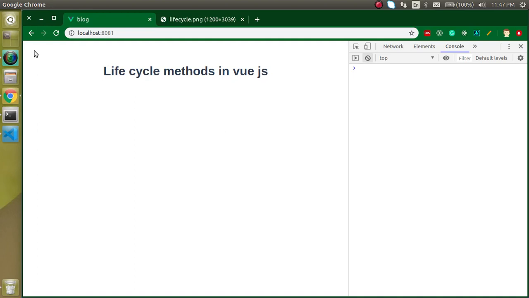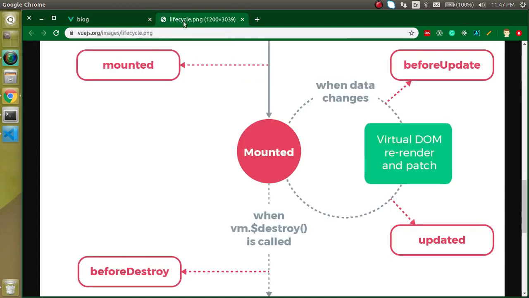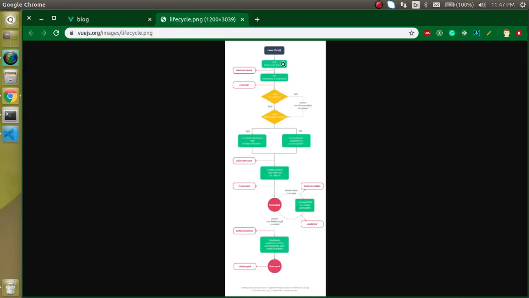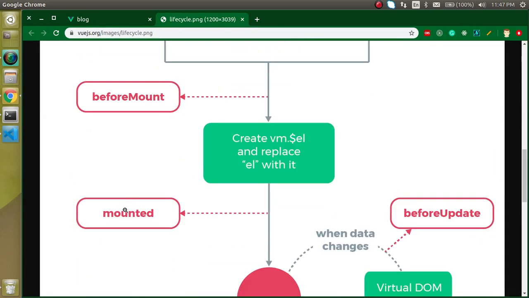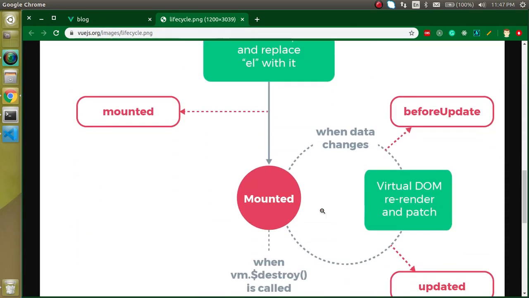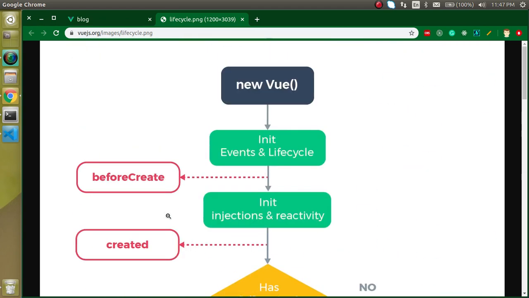My name is Anil, and in this Vue.js video tutorial we will learn about the lifecycle methods in Vue.js. We will learn how they actually work, what the lifecycle methods are, and what their names are. Everything we will learn about them theoretically. Then we will go through every lifecycle method with this graph. Alright, it can be mount, update, mounted, destroyed or created. Every lifecycle method we will learn from here with this diagram.